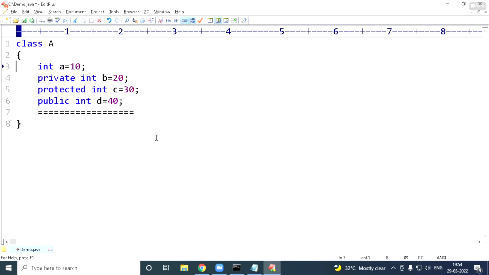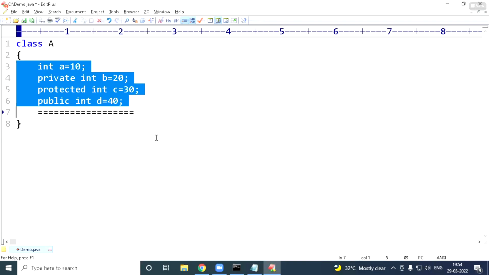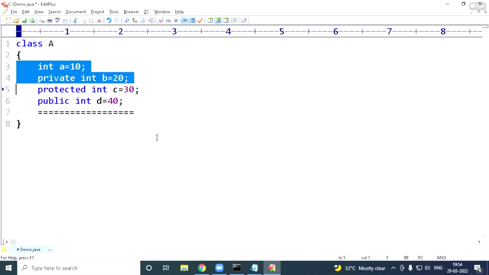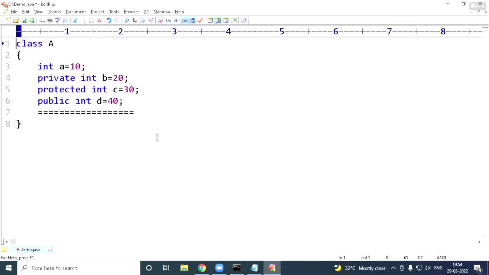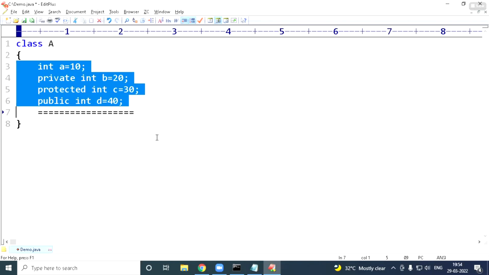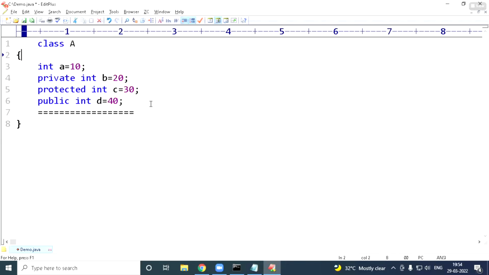Now, what's the difference between these 4? All are instance variables only, no? All are instance variables, but the scope of instance variables and class variables is based on access modifiers. If your access modifier is applicable, then the scope will be different. All are instance variables, but the scope is not the same. It is different. That scope I'll explain. For understanding the scope,